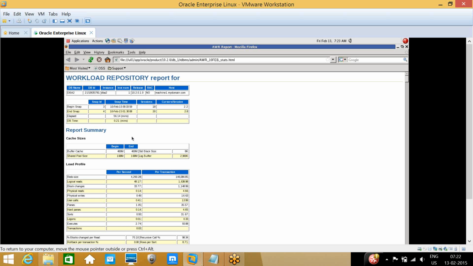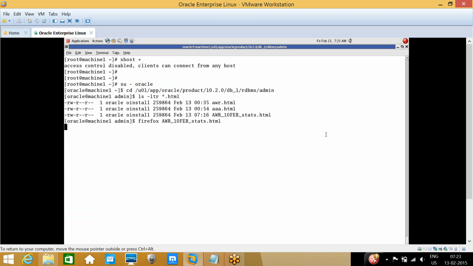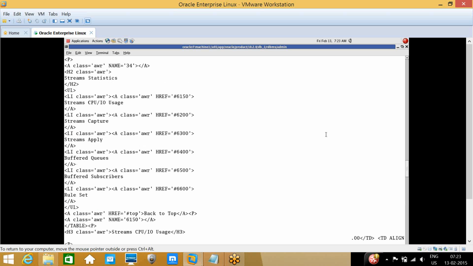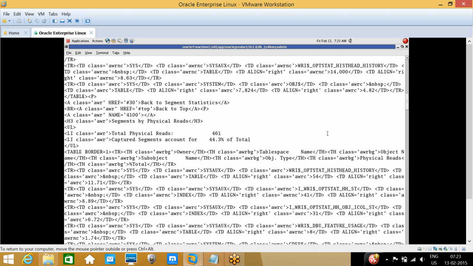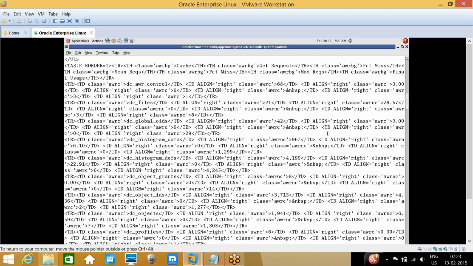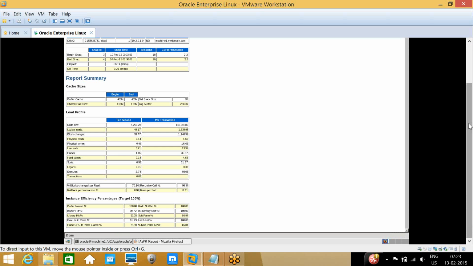Where in the AWR report do you know that the database is running? Unless it's running, you will not get the trace, right? If the database is not running, the snap will not be available for that particular time period. Let me show you one more. I have shut down the database, so we'll see that example also.